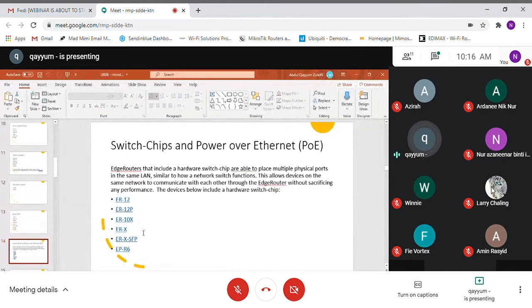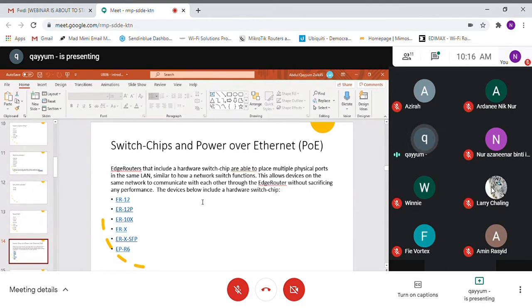This is the explanation if you're using a switch chip. If you plan to use the router for switching, then you should go for the built-in switch chip so that it will not consume your resources and your router can perform better.